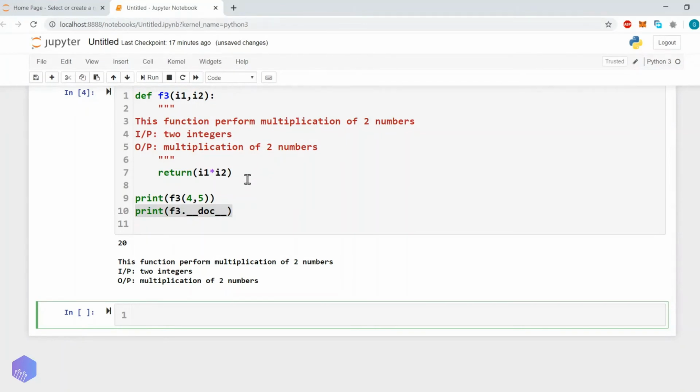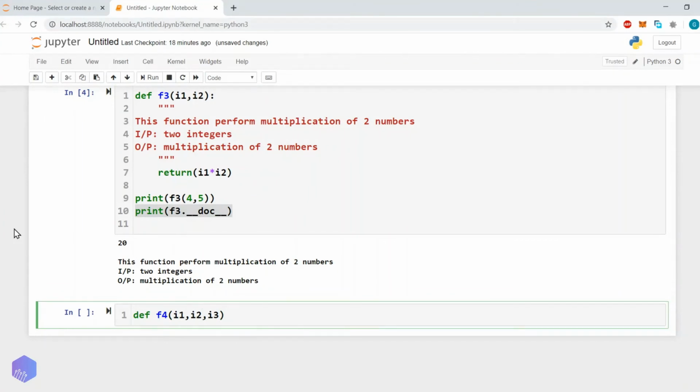Now let us discuss what is default argument. Okay, let me define another function f4. So here let's say this function is accepting 5 values. Okay, so here, for example, we will take I1, then I2, then I3.